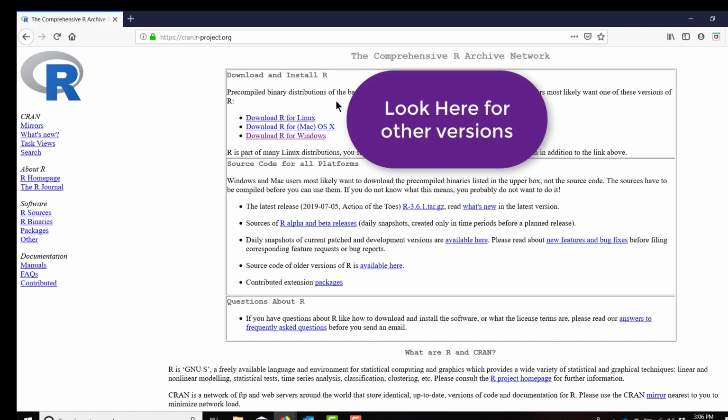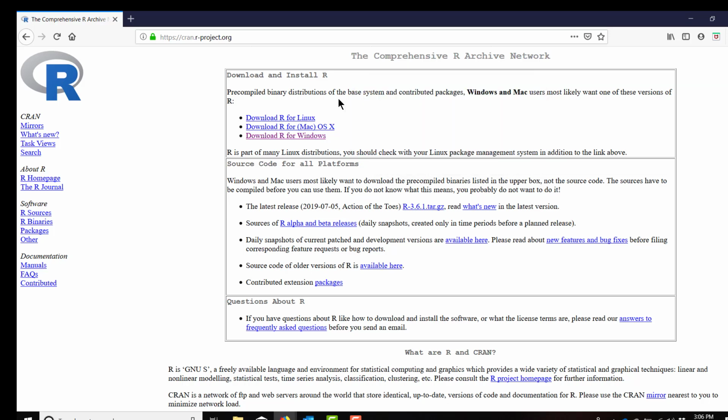So R is updated twice a year, and the current version as of today was released in July 2019, and that is version 3.6.1. And you can also look at what's new in each version. And also, if you want an older version of R, you can click here and get the older version of R. But for most of you who will be using a Windows machine, all you have to do is go and